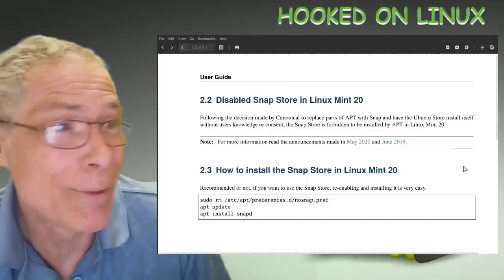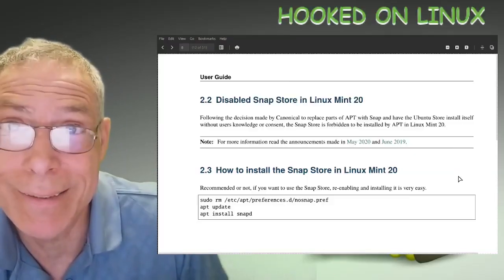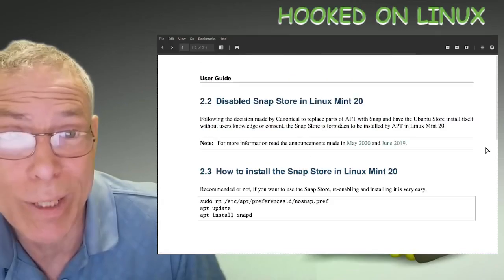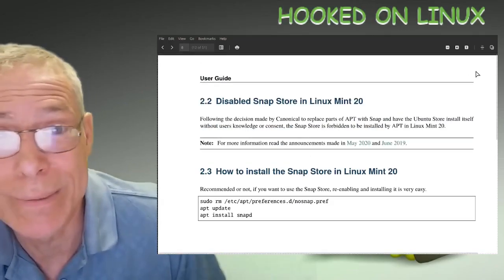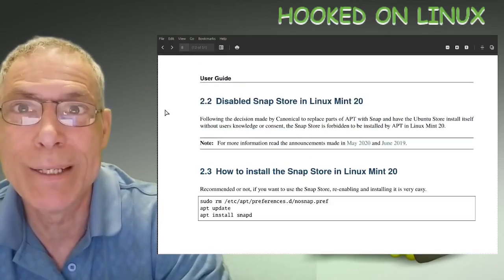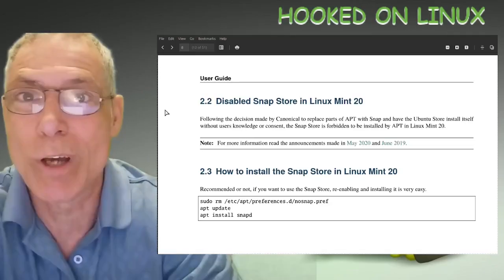Repository. Anyway, if you got anything out of this, I didn't. But if you got something out of this, okay. If not, oh well. The Snap Store, to me, is a last resort for software. Anyway,